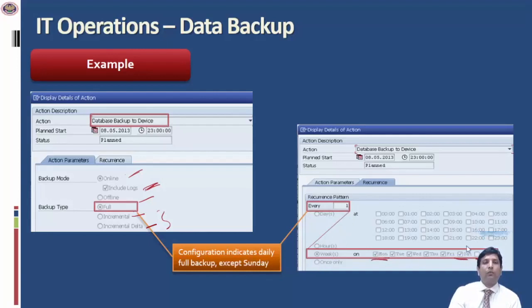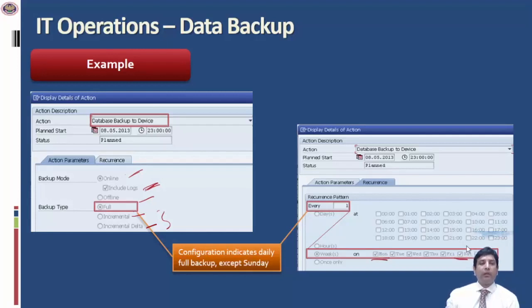Now as auditors, what we need to look at is, for the size or the operations that the company has and the risk of data loss that the company would carry, is this a reasonable configuration of backup? Should the company take more backup, or should they consider taking backup even on Sunday in case transactions happen on Sunday? So we need to understand through the system how the backup configuration is done and whether it is commensurate with the size and nature of the business.